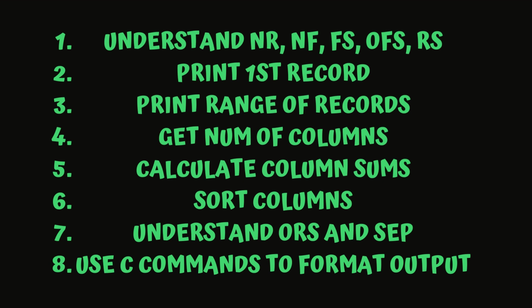The fields are actually columns. Okay, the columns that are there inside the file, the columns could be there or could not be there. Usually when you are working with data files, it is separated into columns. It's a table of rows and columns, so it's separated like that. So columns are fields, rows are records. The records are separated by \n, that is a new line character, and the fields are separated by the separators. Keep rotating this in your mind, because the NR command will be used a lot,